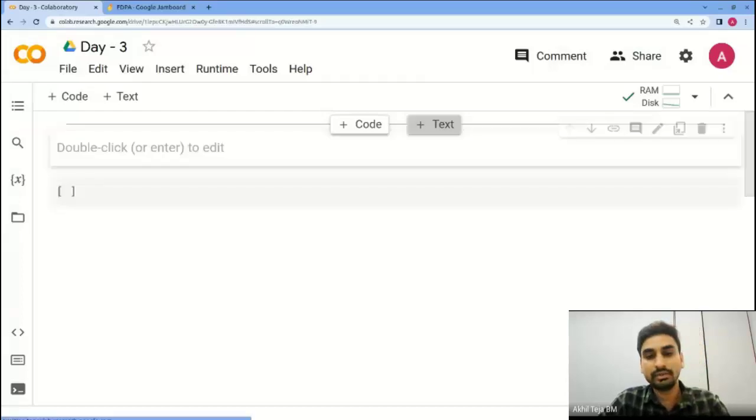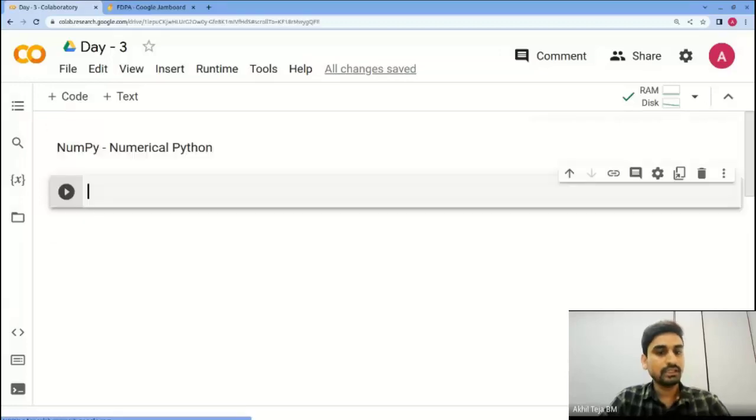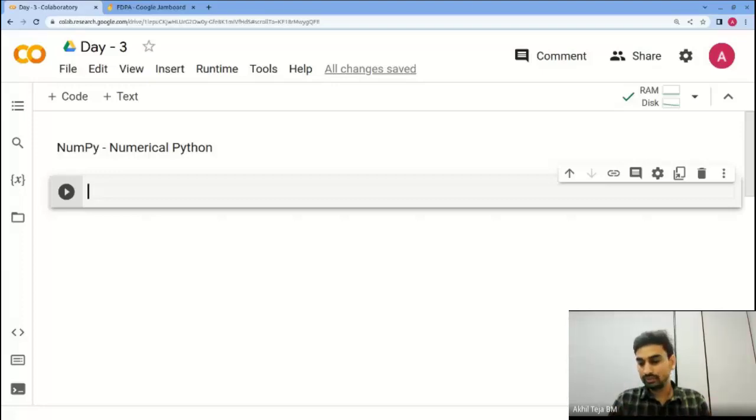The very first library is NumPy, which stands for Numerical Python. The libraries that we are going to discuss today are NumPy, Pandas, and Matplotlib. Numerical Python is used because if you want to do any numerical calculations